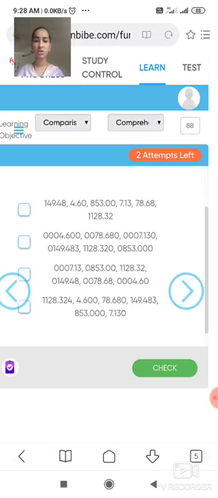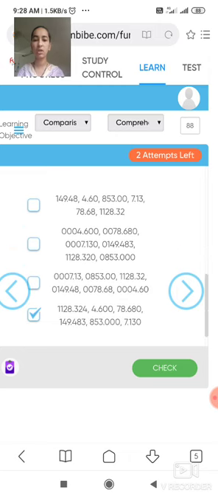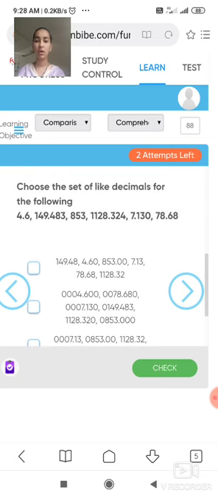Yes, in all they are the same. In the second also the similar one. Third, if you see, you will get the answer of this. Now the correct solution for this is the last one, okay, because in one option the number of digits after the decimal is 3, so we have to make all the decimal numbers have 3 digits after the decimal.